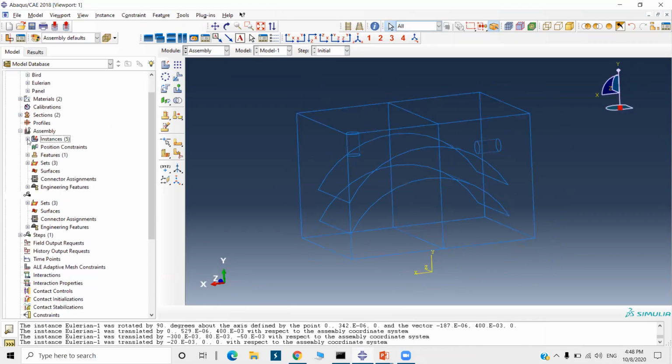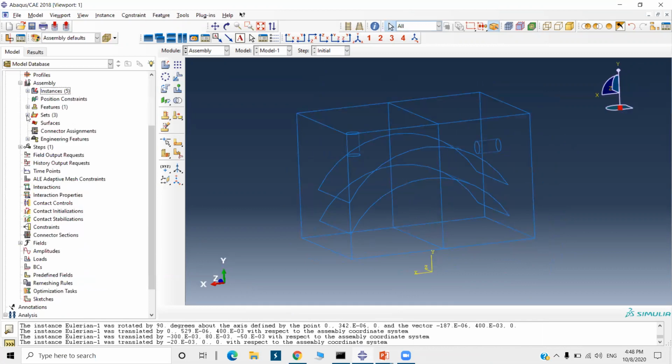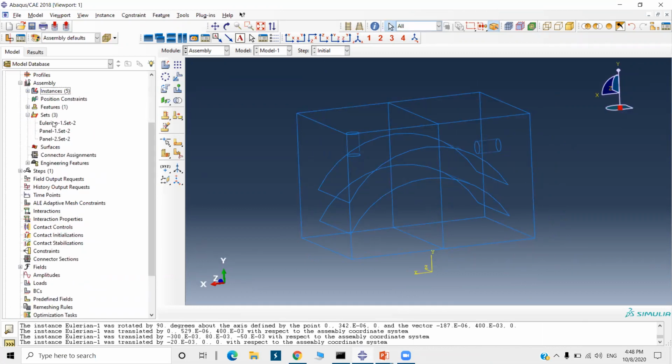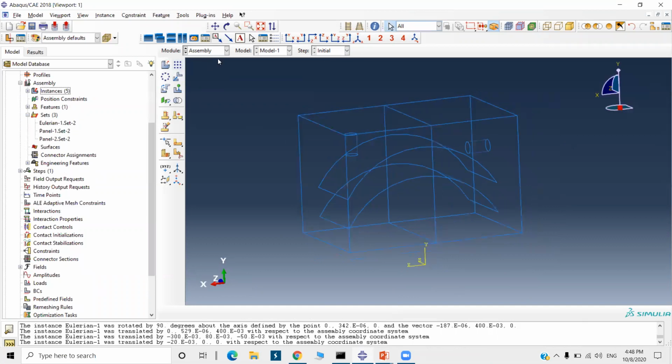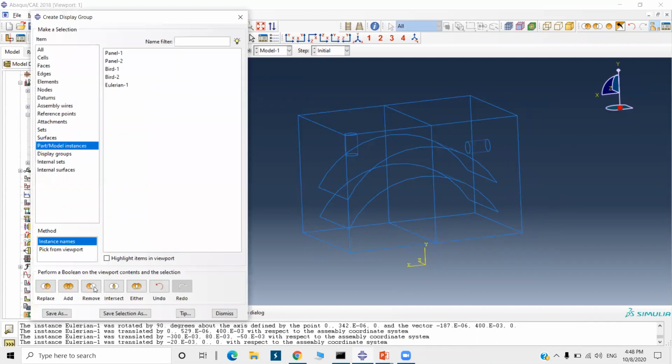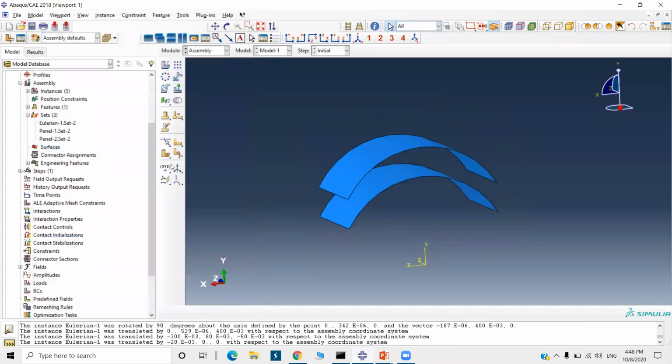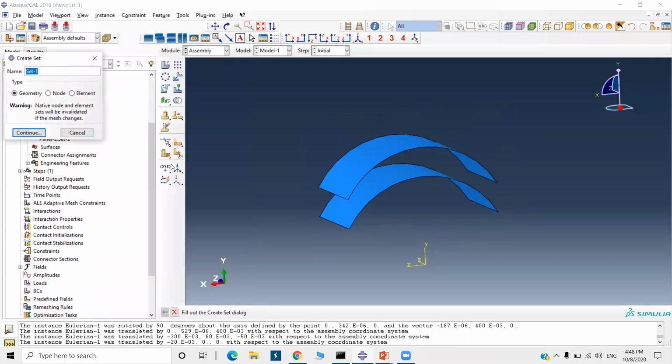Okay, in the assembly now we have to create sets. Okay, surface sets. I will go to display group, and first I will remove this. Create set with name panel.